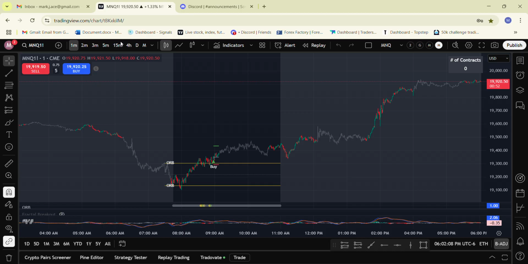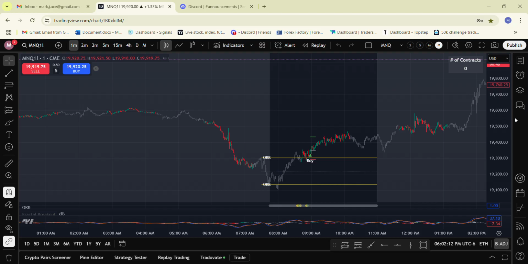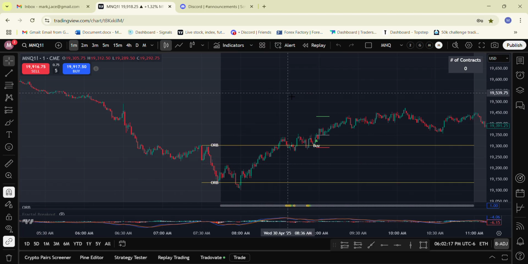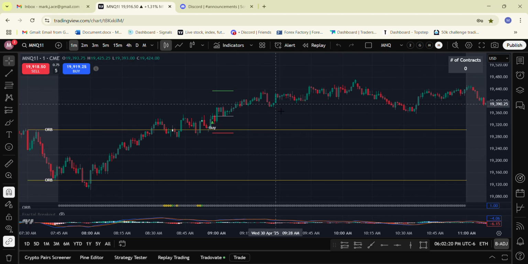Alright, so just wanted to review the trade that I took today to get funded with TopStep. So one of the strategies that I have on my Discord server available for purchase is called the ORB Strategy, and if you're not familiar with what an ORB is, it's an opening range break strategy,